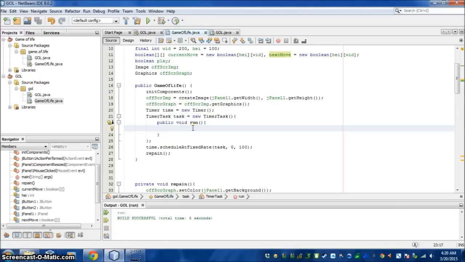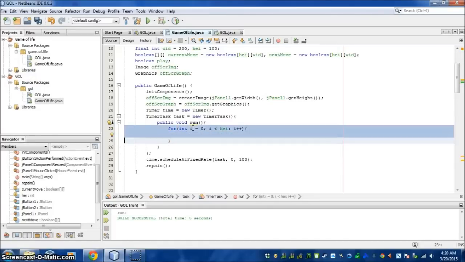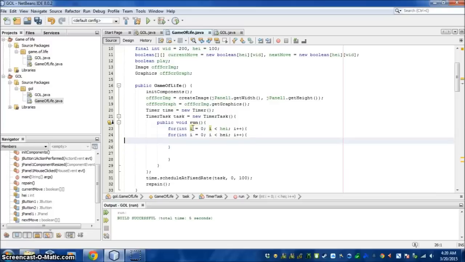Let's see. So yeah, I'll use a nested for loop here, and i equals 0 and i is less than height. The same cliche that we have. i plus plus, and then another loop for that. So for the j,